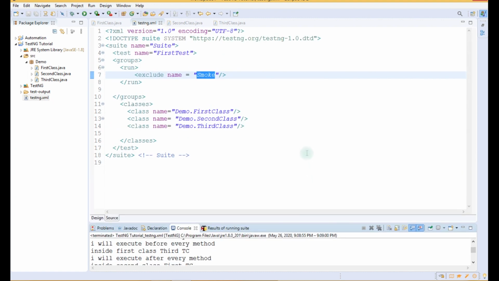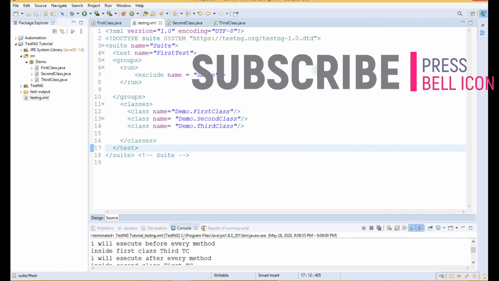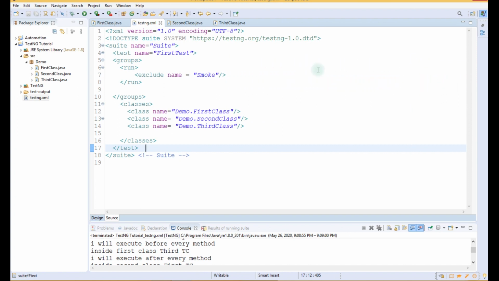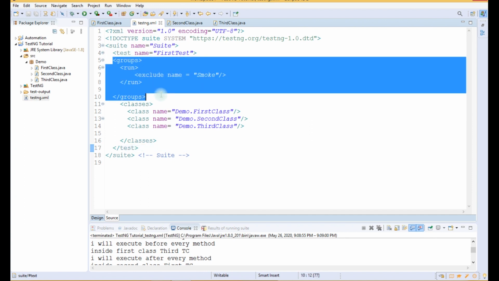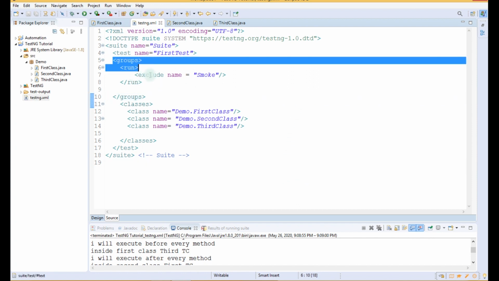So this concept is helpful for deciding the test cases for sanity or smoke test cases from the regression suite. So in many interviews it is asked that from a set of 100 or 200 test cases, if you have to execute only 5 test cases or 6 test cases, then how will you execute those 5 or 6 test cases? Then using this groups functionality, we can execute those test cases. So it is an interview question and it is asked in many interviews for automation testing, right? So this is the concept of groups in testng.